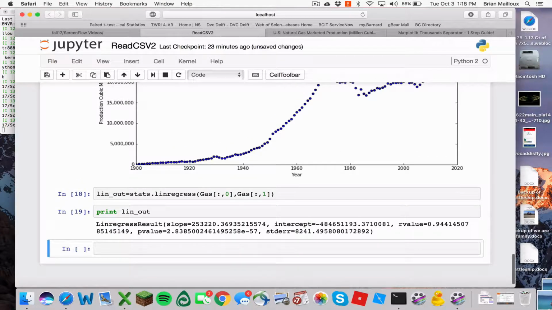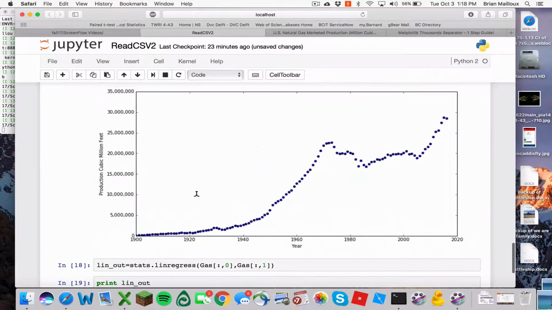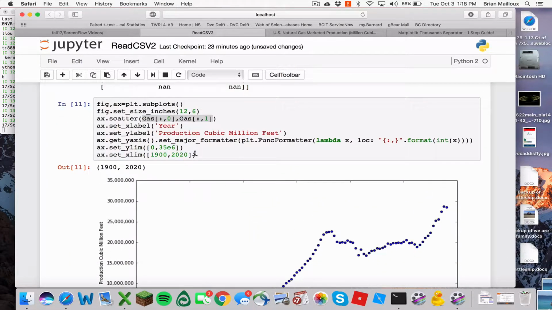Ready? And there we go. That was the thing. We needed to fix it up, get rid of that last extra comma, which I did in Excel. So now once you have this linregress, I'm confident you can all add a line to